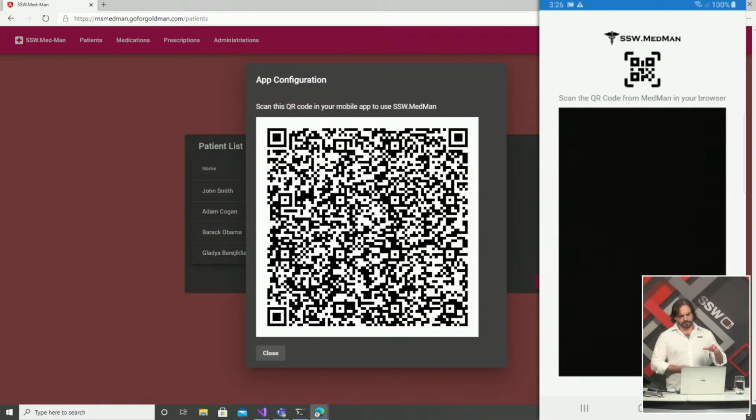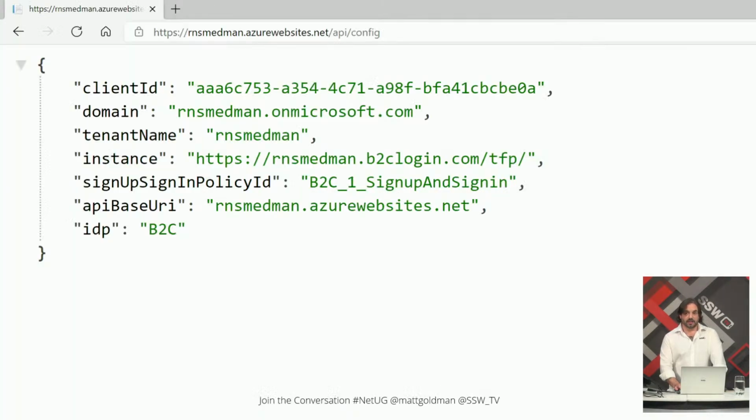And the problem that we have here is that the QR code is just too dense. Now this phone theoretically should be able to read and scan that QR code, but it's too dense. So you want to go about that a different way. What you can do is, that QR code is getting this config here, which is just in this JSON document at this URL. So instead of